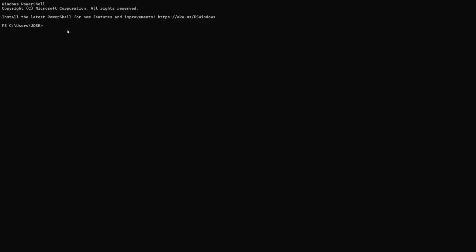Open PowerShell or your preferred terminal and enter the command Get-Process node | Sort-Object CPU -Descending | Select CPU, WorkingSet. This command will provide a list of node processes sorted by CPU usage. If you notice that the CPU percentage is very high, take note of which node processes are consuming the most